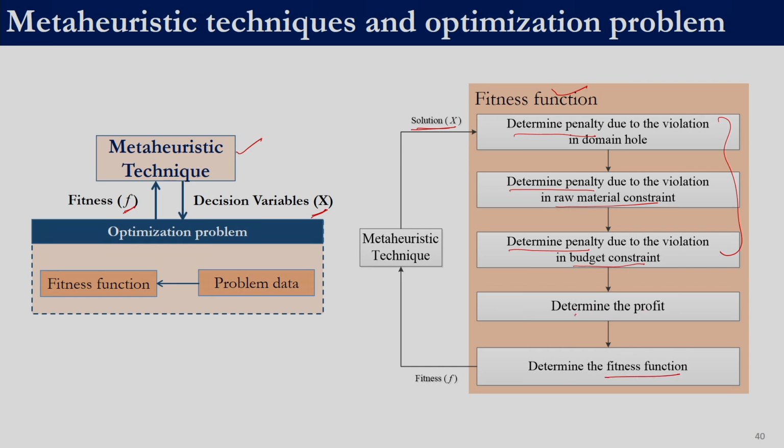Calculation of the fitness function requires the objective function. For this problem, the objective function is profit. So, we need to calculate the profit. For calculating the profit, we again need the production cost. Depending upon how much we are producing from each process, we need to calculate the production cost of each process and then sum it up. Similarly, we need to calculate the total revenue, and the difference between the revenue and the total production cost will give us the profit. Once we have the profit, we can calculate the fitness function as shown earlier.